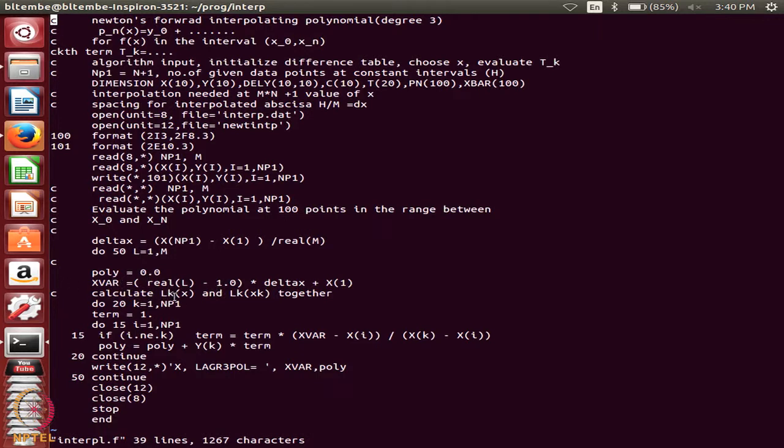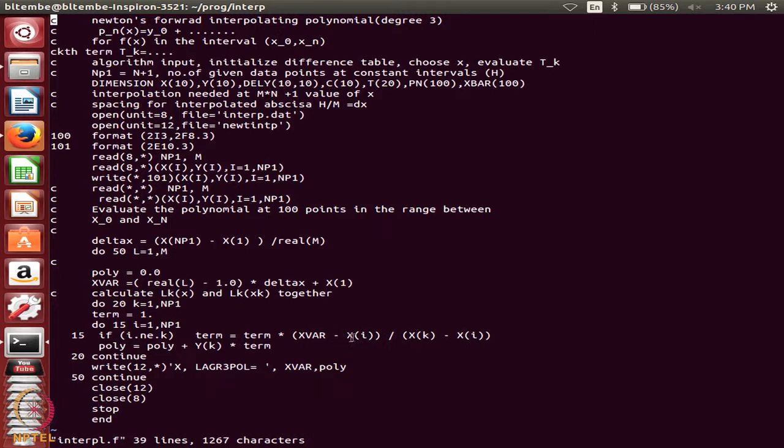Now, I want to calculate LKX and LK together. Okay. So, look at these lines, do 20 I going from 1 to NP1, term equal to 1, do 15 I going from 1 comma NP1. If I is not equal to k, then term is equal to term into x variable minus xi into xk minus xi.